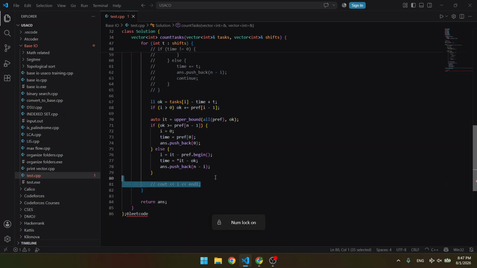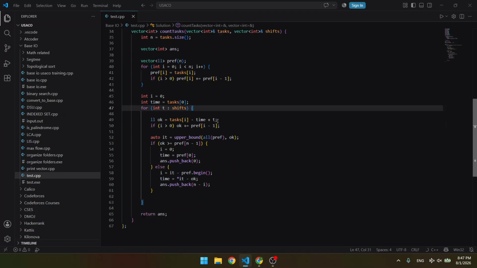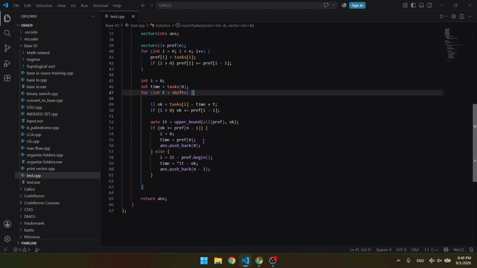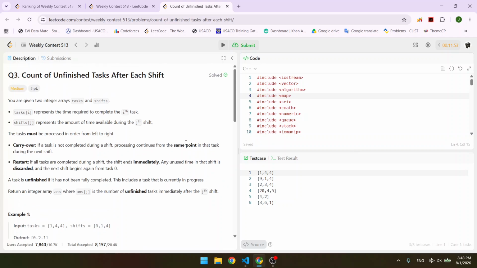Problem 3. Problem 3 is basically a binary search on array. Binary search with prefix sums. So in this problem, what it's asking you to do is you have a bunch of shifts where people work,